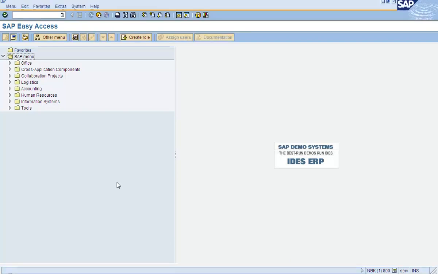In this video, we're going to see how to navigate through the SAP screens. As soon as you log in to an SAP system, the screen will probably be divided into two parts. On the right side, you'll have some kind of a logo, or it could be a blank blue screen. On the left side, you will have something called SAP menus.